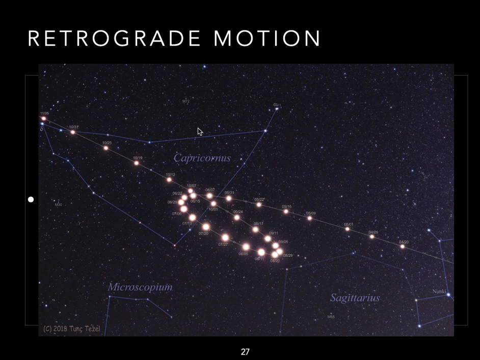Now look, the thing to understand here is that this type of motion happens for any superior planet. It's, how can I say this? It's not that the planet is stopping in its orbit around the sun, going backwards, stopping, and then going the same direction again. That's not at all what's happening. This is sort of a characteristic